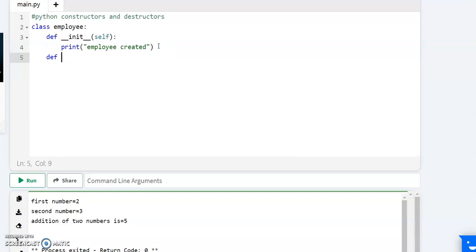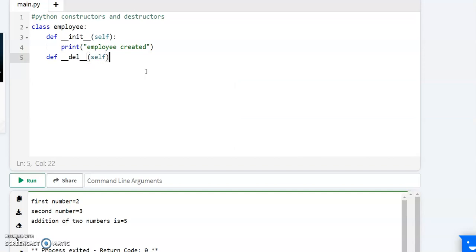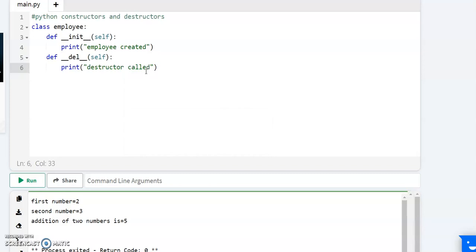def __del__. Del is used to delete the object which you have created. Okay, employee created is created, right? It will delete that employee. Print destructor called, employee deleted.